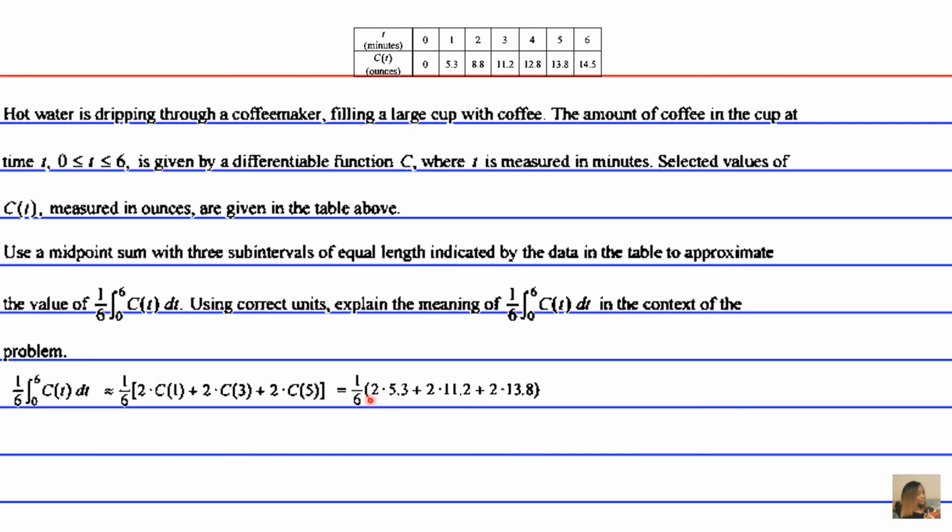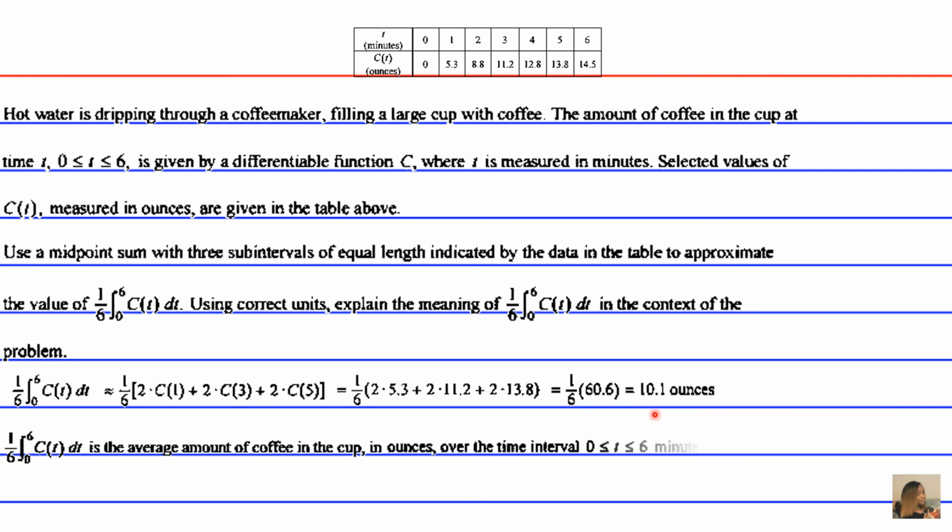Therefore, we have 2 times c of 1, which is 5.3 ounces, plus 2 times c of 3 minutes, which is 2 times 11 ounces, plus 2 times 13.8 ounces, which is c of 5. When we add that up, we get 1/6 times 60.6 ounces. When you divide this, you get 10.1 ounces. So there's an average amount of coffee in the cup from 0 to 6